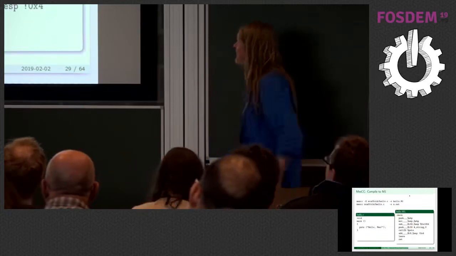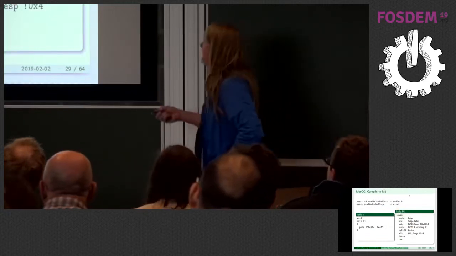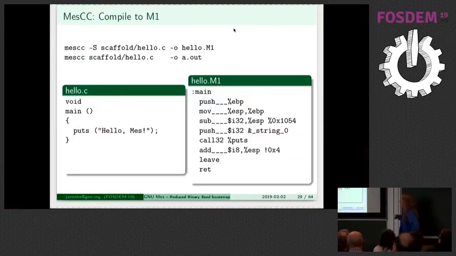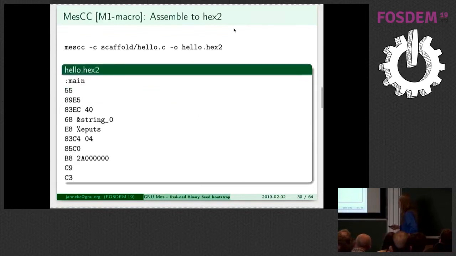So here's how MES-C works. MES-C is just a Scheme script that can be run on Guile or on the MES Scheme interpreter, and it's a C compiler. It compiles a similar Hello World program to something that looks suspiciously like assembly, and that's actually all that MES and MES-C do for us. And then it will